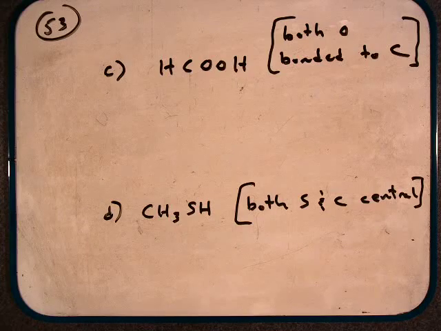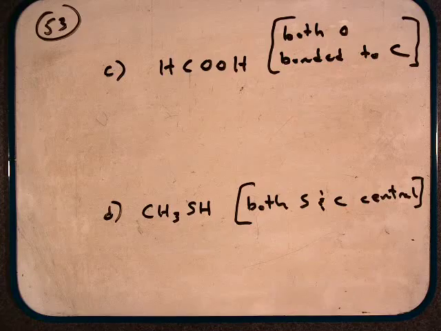This is number 53 in Chapter 9. It's looking at putting together Lewis dot structures with covalent systems. And I'm going to do Part C and Part D. We're looking at Part C, which is HCOOH, and they give us a clue that says both oxygens are bonded